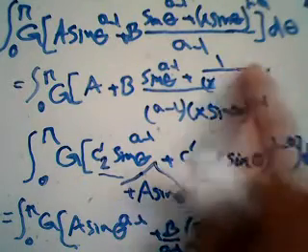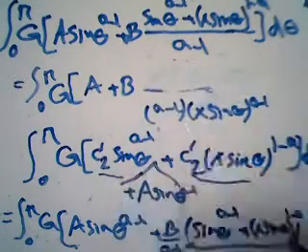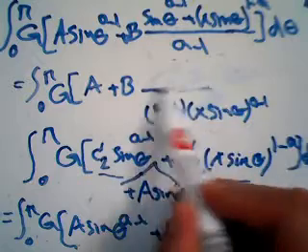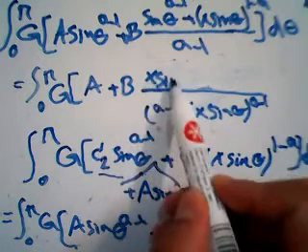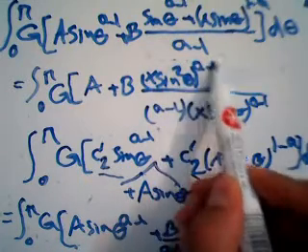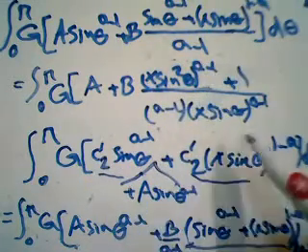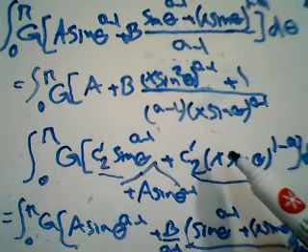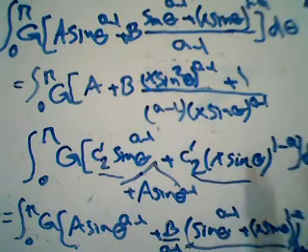Okay, this would be x sine squared theta to the A minus 1 plus 1. Let's see. So